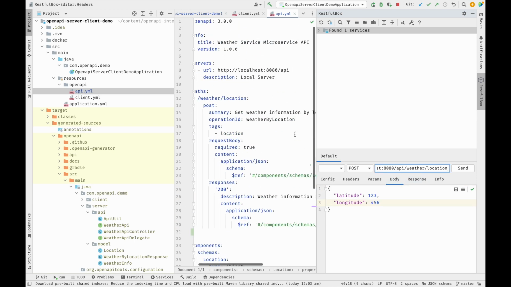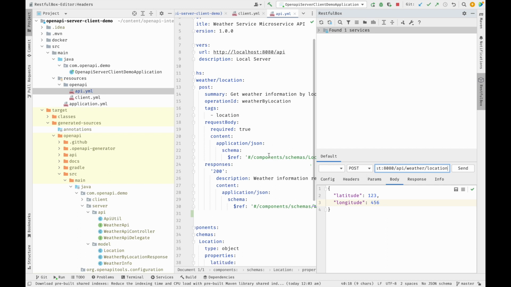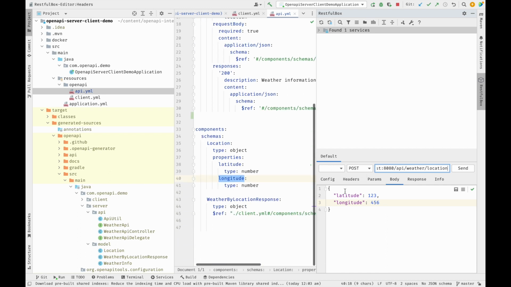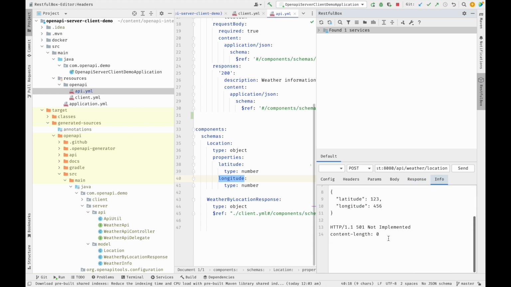Okay, so let's look at this. It's a post API, so we have this written over here. It's a post and it's an HTTP localhost 8080 API weather location. Yep, it's the right one. So let's again hit the API and just check the response. Okay, the request has been made, but we got a response here as 501 not implemented, and the reason here